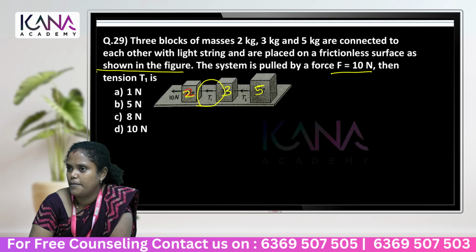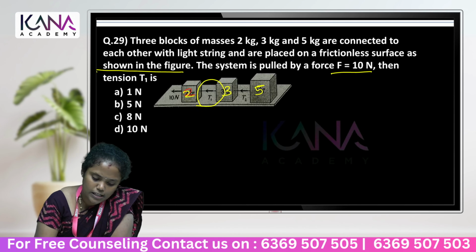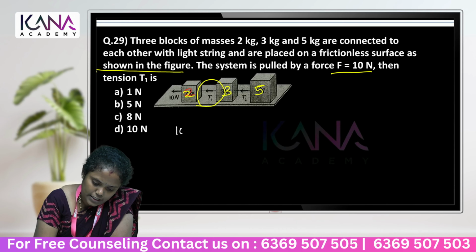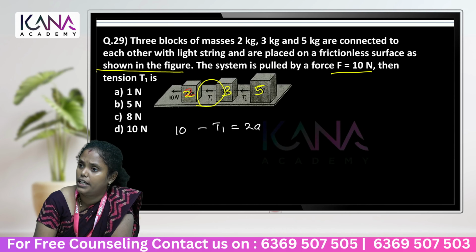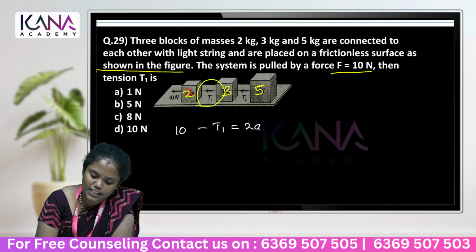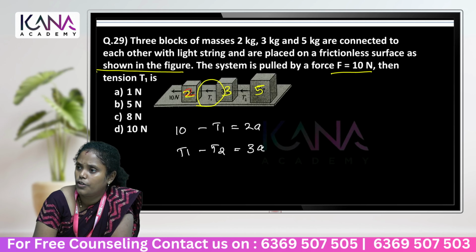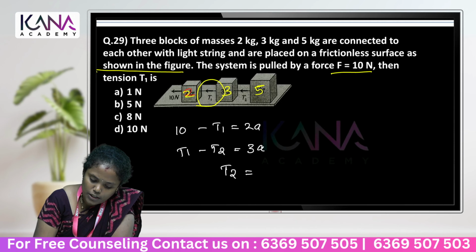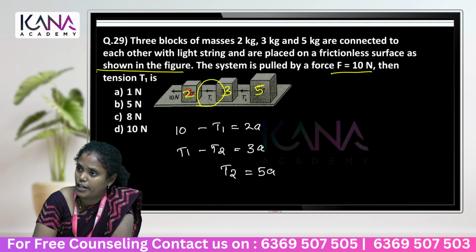Equations is shortcut. The equations எழுதுறோம்னா, for a block of mass 2 kg க்கு 10 minus T1 is equal to 2a. For a block of mass 3 kg, it is T1 minus T2 is equal to 3a. For a block of mass 5 kg, T2 is equal to 5a. We are asked to find